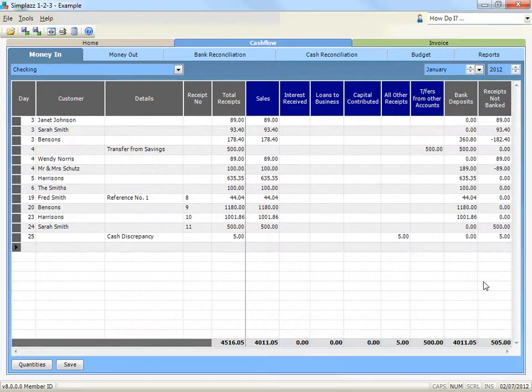The basic rule is that the total amount must equal the total of the allocation columns and must also equal the total of the bank deposits and receipts not banked columns. Make sure you are in the correct account and the correct month and year, and then follow these simple steps. Step 1 is to record the date, the name of the customer or person paying you the money, any details